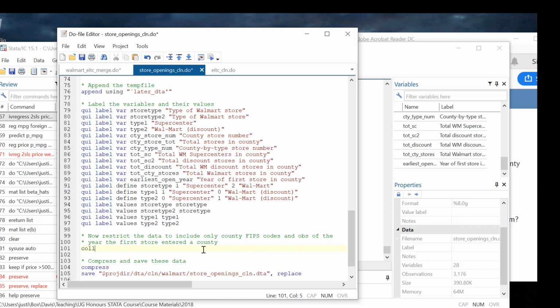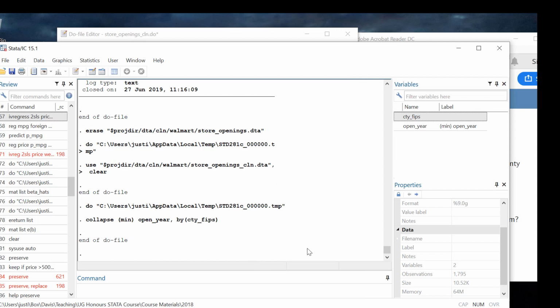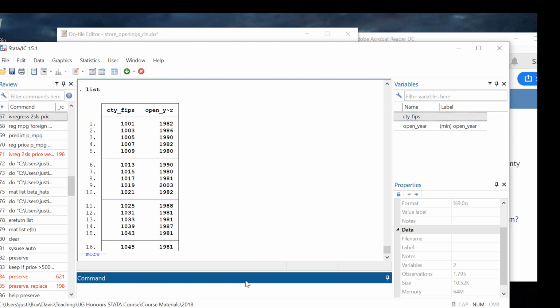Well, I would say you could just collapse min open year by county FIPS. You do that, you're left with 1,795 observations. And if you remembered yesterday, we had 1,795 counties, unique counties in the data. We now have one observation for each county, and we have the year that the earliest